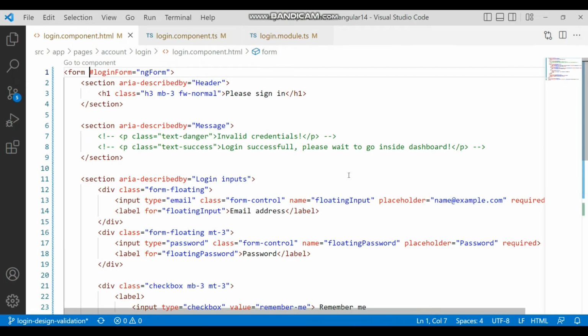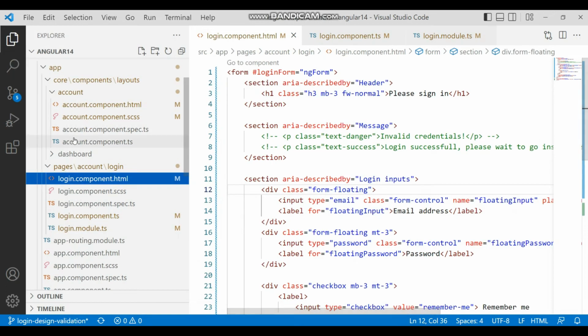Okay, so this is the login form reference, and sorry, I made one mistake. If you use this ngForm as a reference inside this form, then you can add the ngModel reference on this input. In order to do that, let me